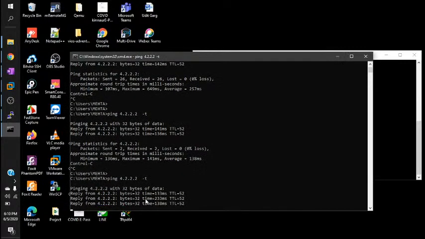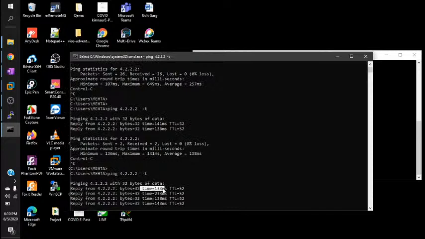So you can see, guys, here this one is showing time and TTL value. TTL value is the hop distance from my system. Okay, so this 4.2.2.2 is 52 hops far from my PC, and this one is taking 33 milliseconds to reach this destination. Okay, as you can see, right now my ping has stopped, so maybe again that is internet latency.